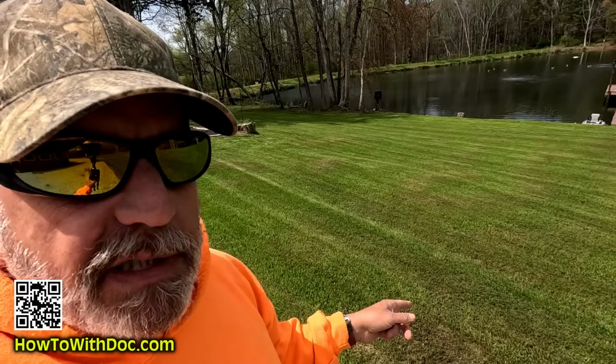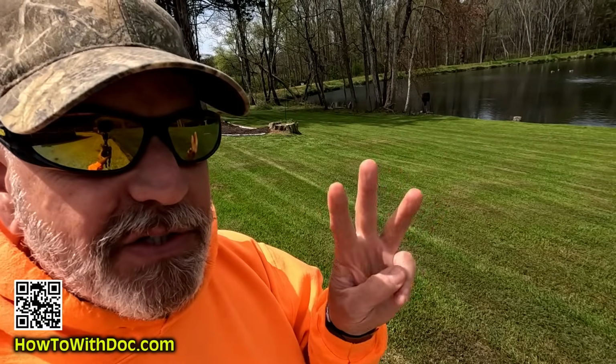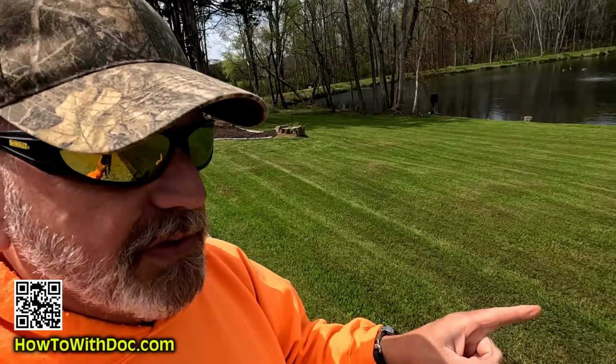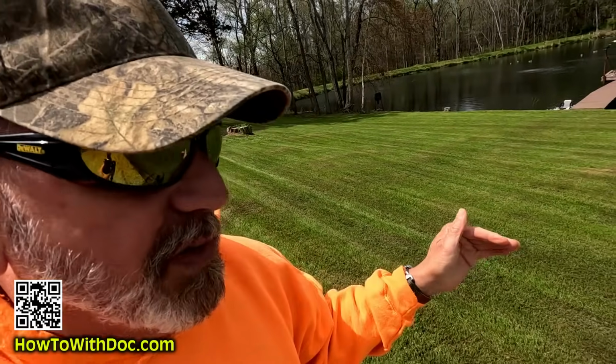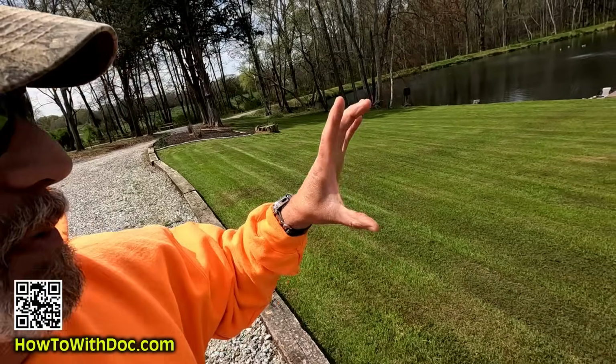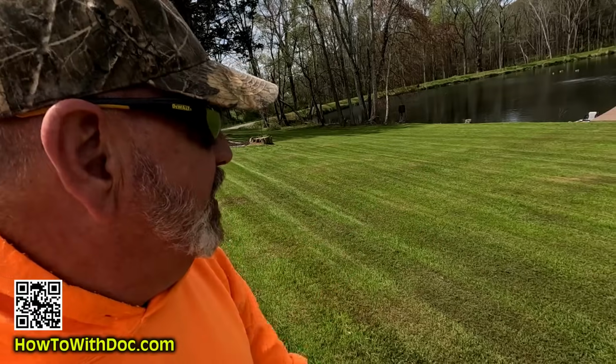We cut this really low, and John was freaking out. He was like, man, it looks horrible. We had to cut this 3 times. John cut it with the zero turn. I had to cut it with the Ego, bag it, pick up clippings, and then I came back out with my John Deere because it's almost like a scalp that we're doing out here. I mean, we took it from like 5 inches down to like 1.5 inches out here